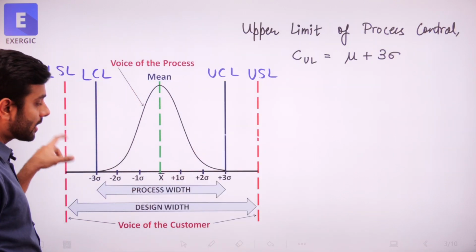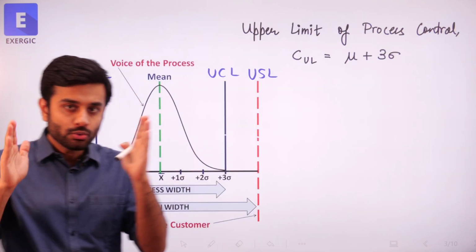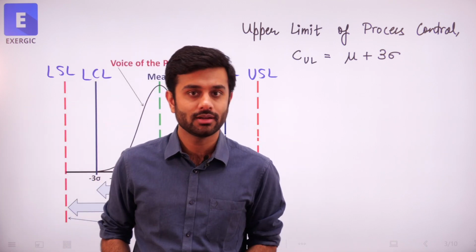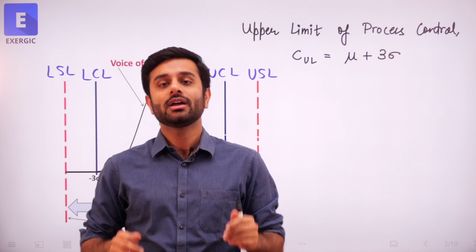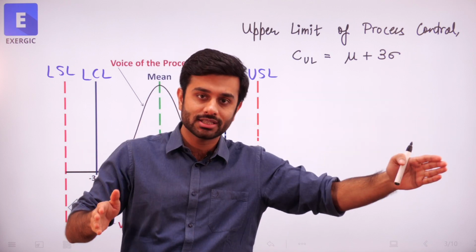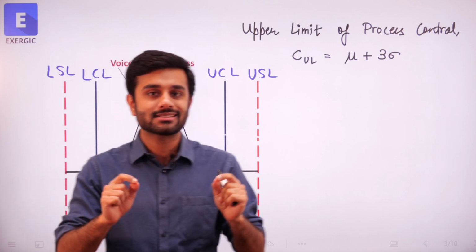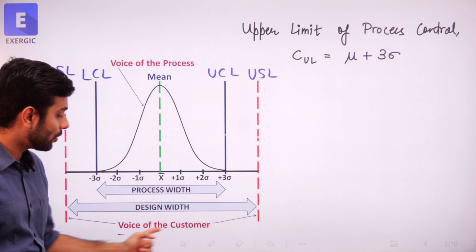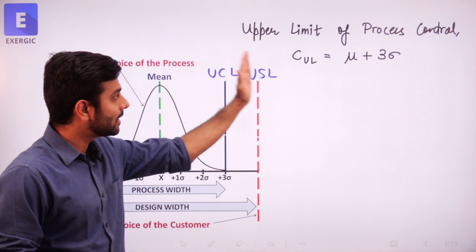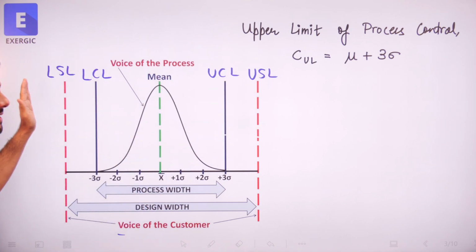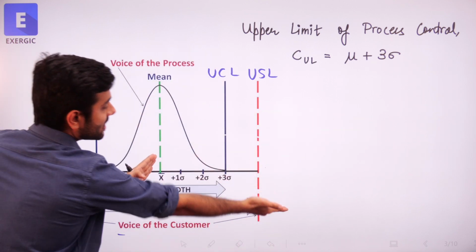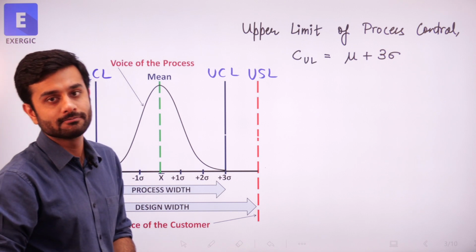Whatever process you are conducting has two sets of limits. One is specified by the customer: this is the part that I want, and its dimension should not be more than this, should not be less than this. So that's the specification given by the customer. That's the voice of your customer. So it has an upper specification limit and a lower specification limit, in which there will be the entire 6 sigma on one side, 6 sigma on the other side, right? Almost